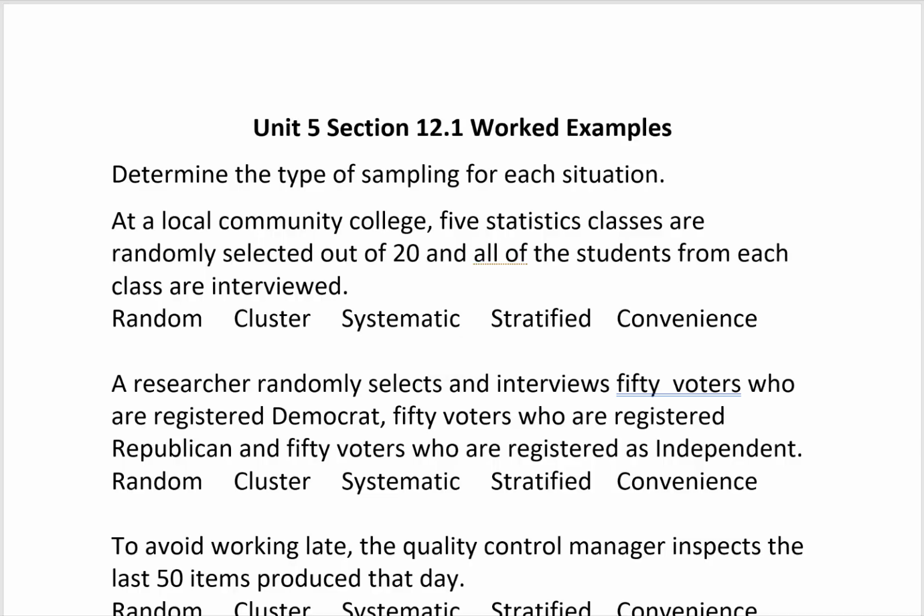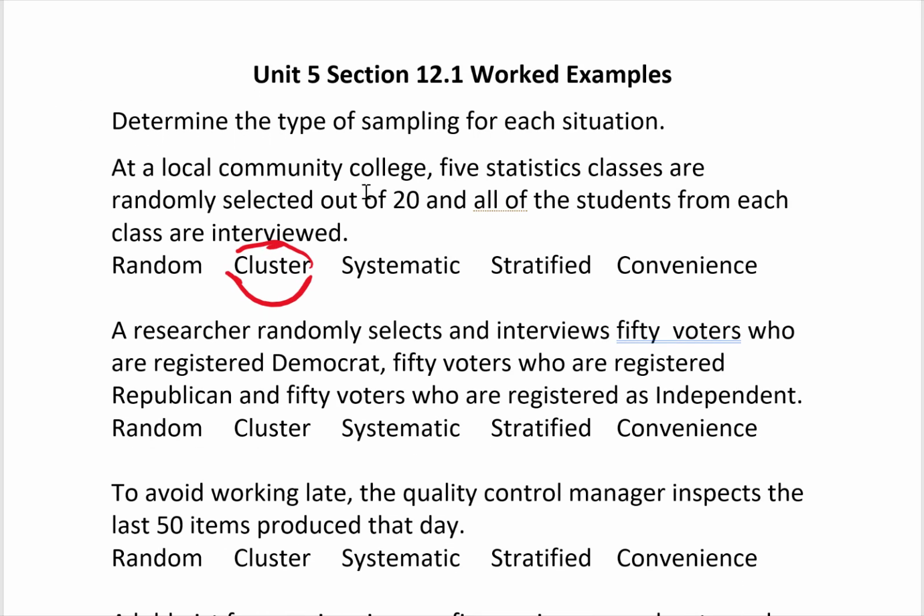Unit 5, Section 12.1 Worked Examples. Determine the type of sampling for each situation. At a local community college, 5 statistics classes are randomly selected out of 20, and all of the students from each class are interviewed. This is cluster sampling. Notice that we're randomly selecting the classes, and then all of the students in those classes are going to be